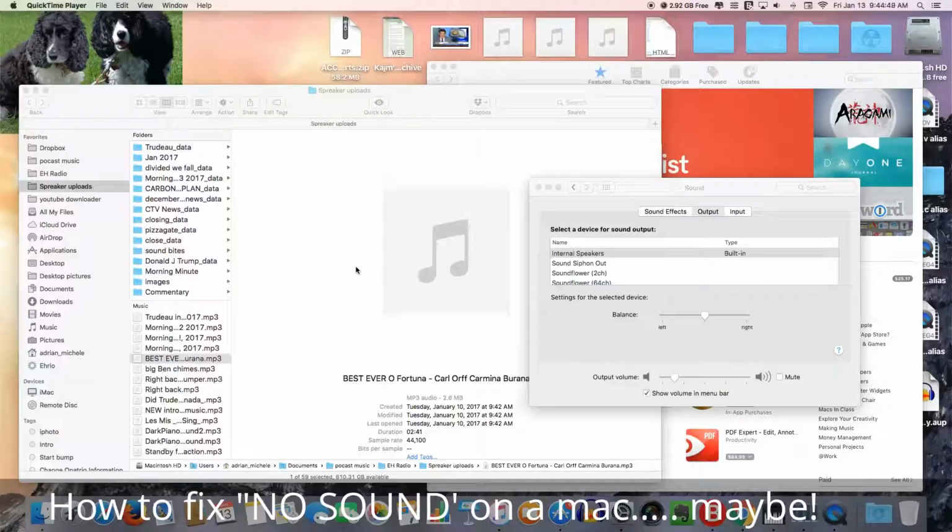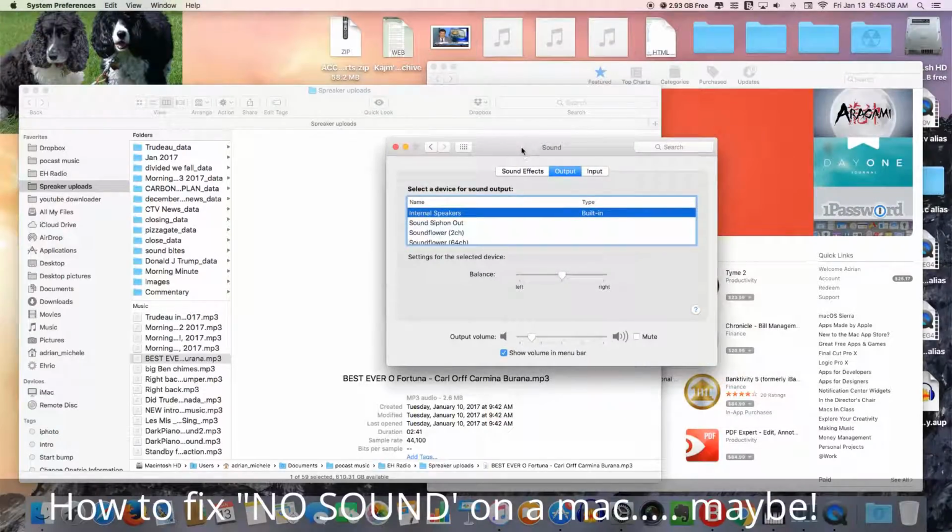The problem is that when I switch back to the internal speakers, sometimes it doesn't work, and I can't figure out why. So I did a bit of investigation. I couldn't find anything on the internet, so I've done my own. These are the settings that I have. I start off with internal speakers, and then I switch over to a setting that I have created, which is my name, iMac multi-output